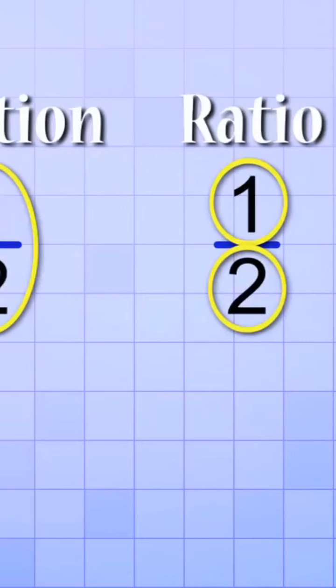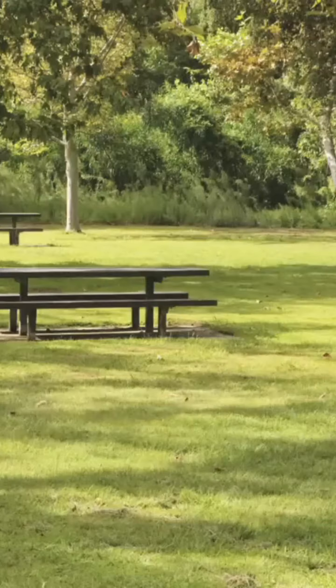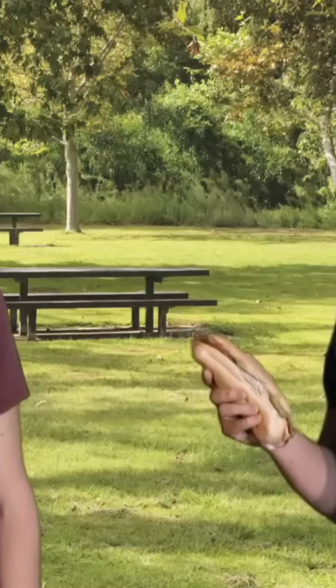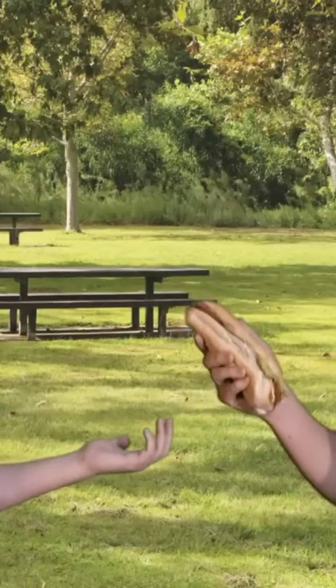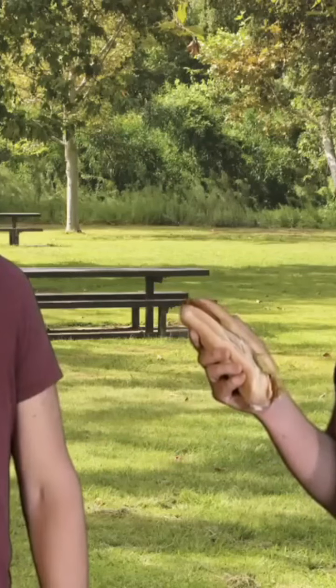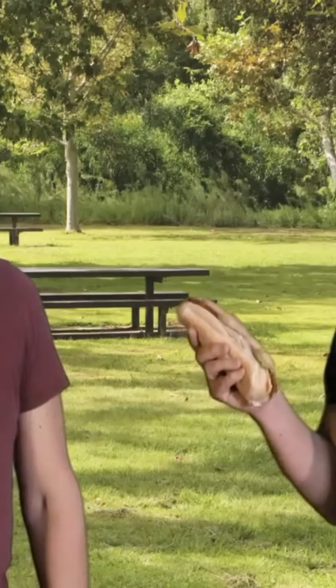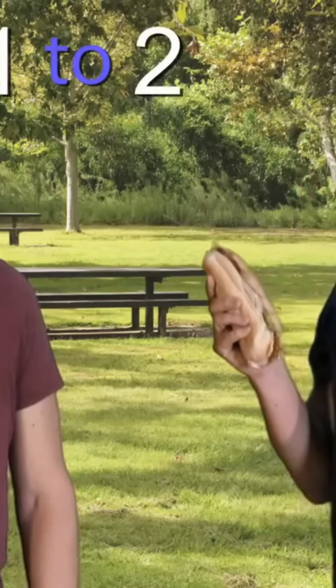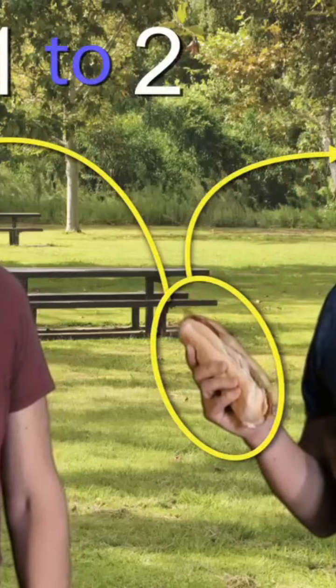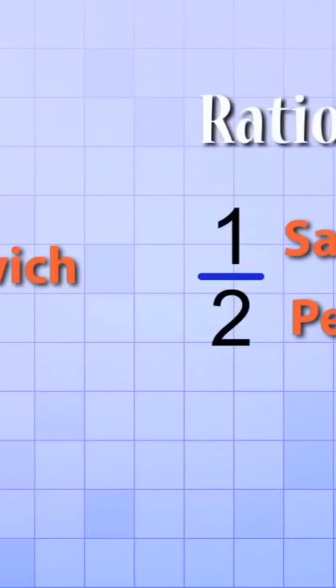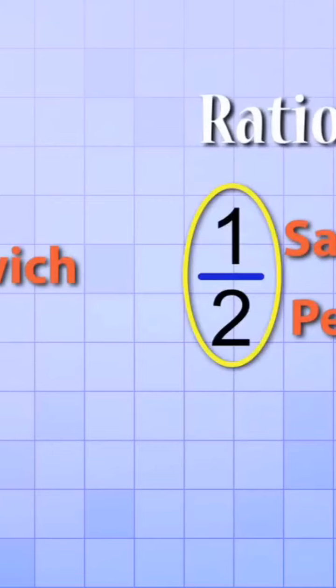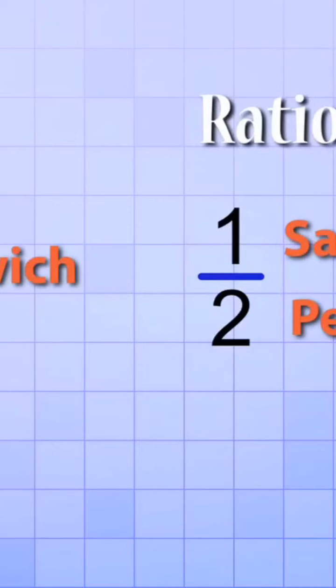For example, let's say we're planning to go on a picnic. And for every 2 people that are going on the picnic, we're only bringing 1 sandwich. In that case, we'd say that the ratio of sandwiches to people is 1 to 2, or 1 sandwich per 2 people. Do you see the difference between our fraction and our ratio? The math part of each of them is the same. But with the fraction, both the top and bottom numbers are referring to the same thing, the sandwich. However, with the ratio, the top and bottom numbers